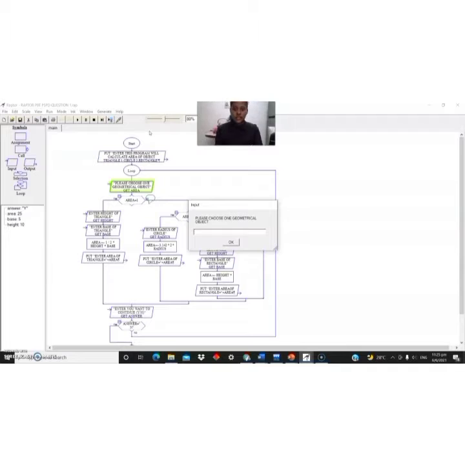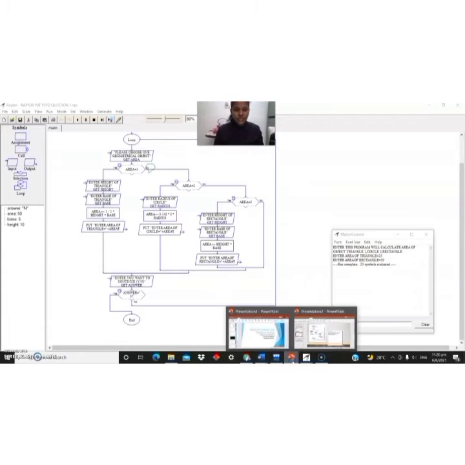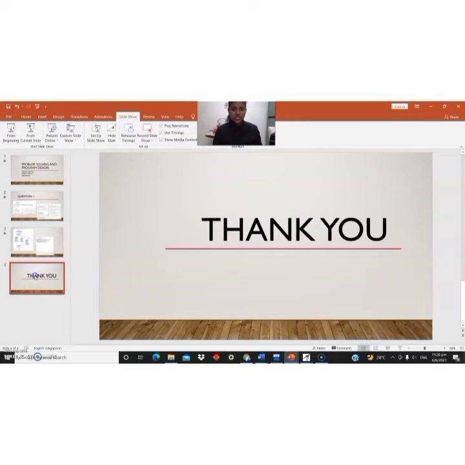Again, I have to choose an object. This time I choose 3, which is rectangle. The height is 10. Base is 5 as well. So I put no to finish the run. You can see my output here: area of triangle, area of rectangle. The answer I got for area of triangle is 25. For rectangle I got 50. So this is how I did my Raptor, using the knowledge my teacher taught me. For the second question, my team will continue. Thank you so much. That's all from me.